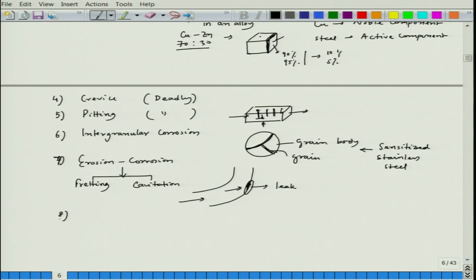And finally, we have stress corrosion. In case of stress corrosion, as the name suggests, corrosion plus stress. When these two things combine, we can have catastrophe. The entire bridge can fall down because of the stress corrosion. Okay. Entire component of a particular holding structure can break down because of stress corrosion, and the stress corrosion has to be looked at very carefully, because many of the catastrophic corrosion failures happen due to stress corrosion.